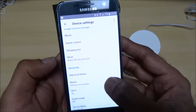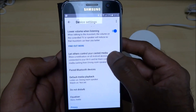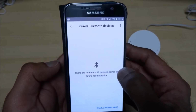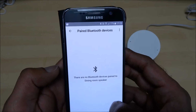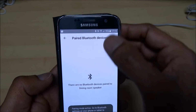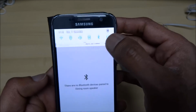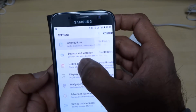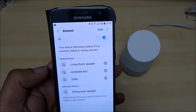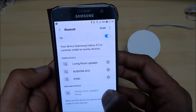Just to go back to what you have, paired Bluetooth devices. So if I click on that, there are no Bluetooth devices paired to the dining room speaker. Enable pairing mode. There you go, dining room speaker. So as soon as I click on that,